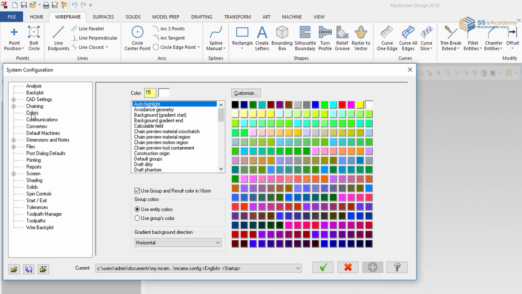Suppose I would like to change the color from here, then I have to select the background gradient and select the color. Then I would like to change the grid color. It is considered gray, but I would like to make it white, then I have to select the white.